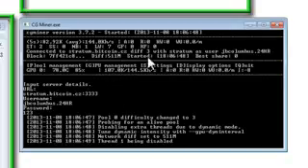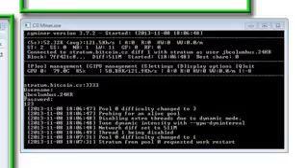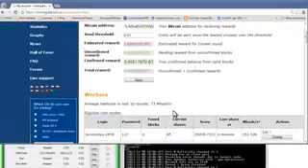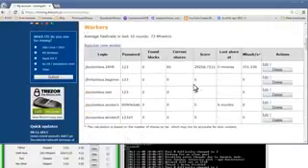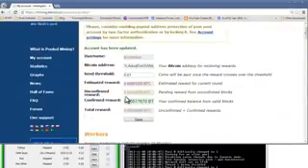You're probably wondering, this doesn't really look like anything. How do I keep track of anything? Well, you can see here that we have some information that will just thread up for us. And what we really want to do is go over here to our account, and this is where we're going to keep track of all of our workers, what they're doing, what the megahash per second is, just everything about our workers, and then of course all of our Bitcoin information as far as where we want Bitcoins to be deposited,